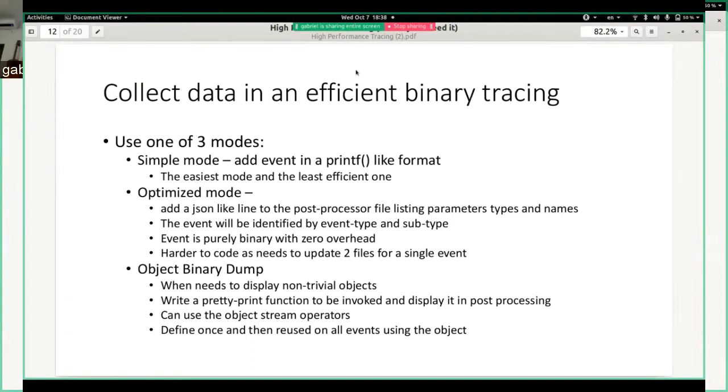So by creating this file, in post-processing, when they reach this event, they know exactly how to display it without paying any overhead, because they're just going to dump the data, which is going to be prefixed by the event type and subtype, and then they'll jump to this table. So it's extremely efficient, but